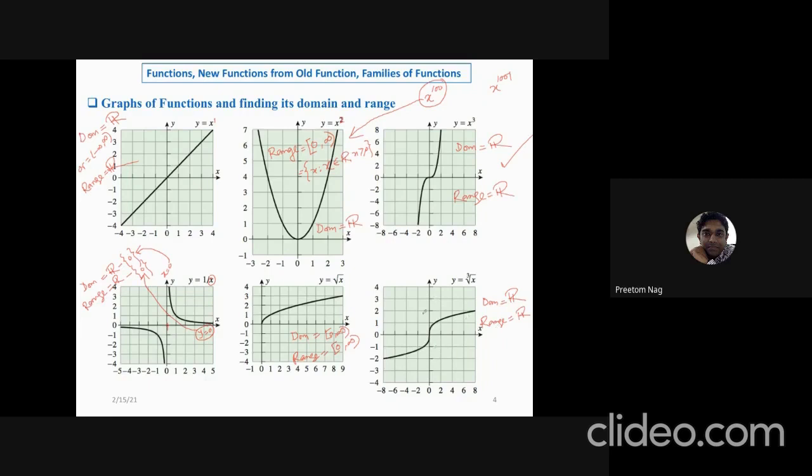Okay, so now from this point of view, you can understand when your radical is even, this is basically here radical is 2, square root. When radical is even, domain will be 0 to infinity, range will be 0 to infinity, right? When the radical is odd, radical যদি odd হয়, তাহলে ডোমেইন এন্ড রেঞ্জ উইল বি অলওয়েজ সেট অফ রিয়েল নাম্বার।